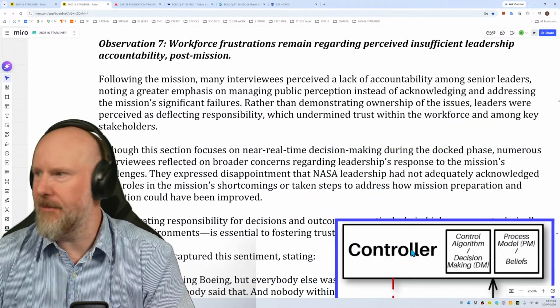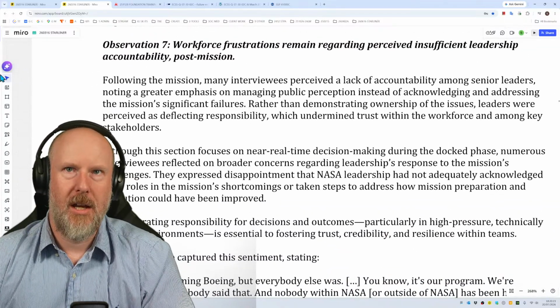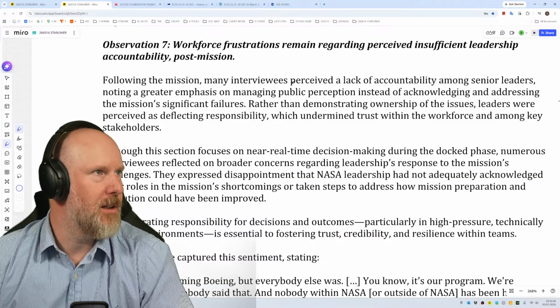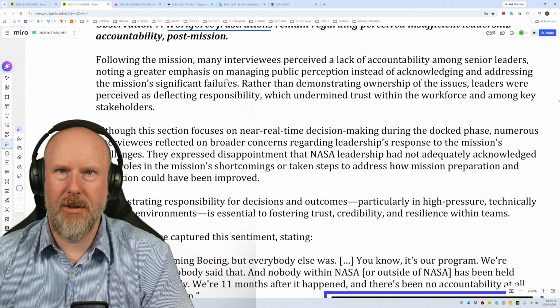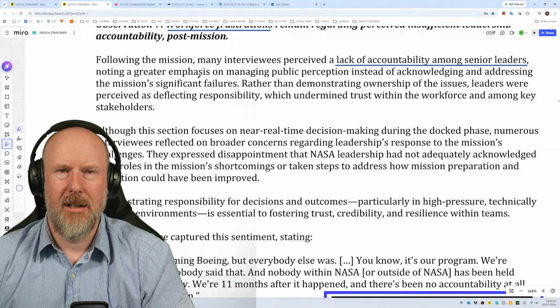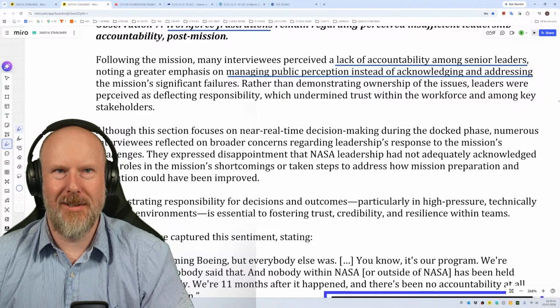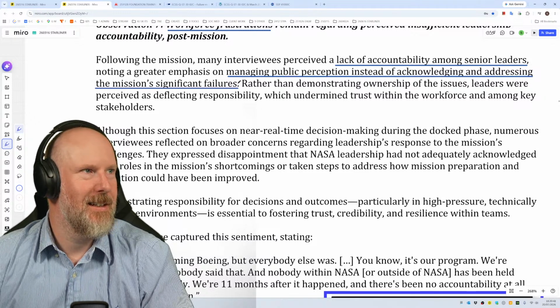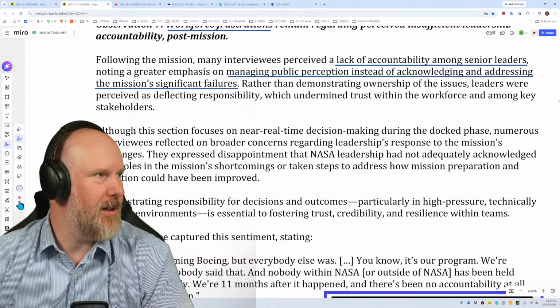So observation number 7. We've got workforce frustrations remain regarding perceived insufficient leadership accountability post-mission. Yes, that's interesting. Following the mission, many interviewees perceived a lack of accountability among senior leaders, noting a greater emphasis on managing public perception instead of acknowledging and addressing the mission's significant failures. Rather than demonstrating ownership of the issues, so if you follow